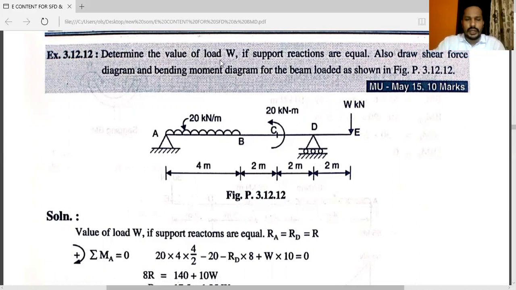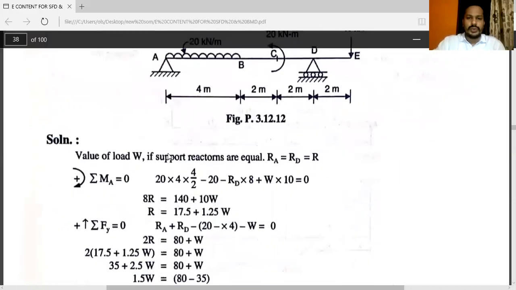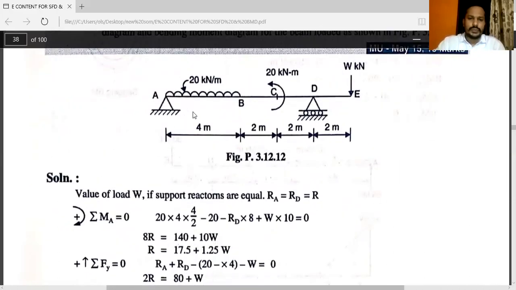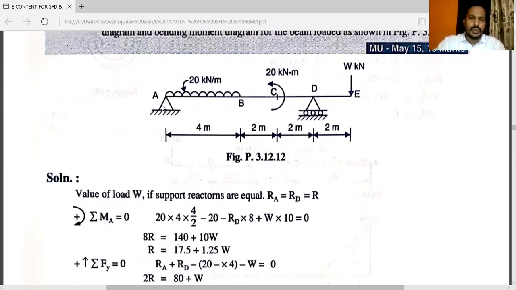Here, first of all, we have to find out the value of W. We know that the first step is to find out the support reactions. So there will be a vertical force, that is RA. Here, one more vertical support, that is RD. Now, by applying the first condition of equilibrium, that is summation of moment about A is equal to 0,